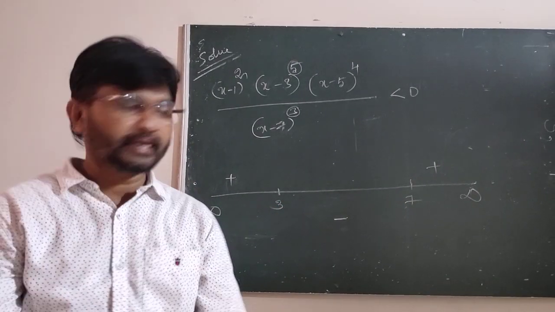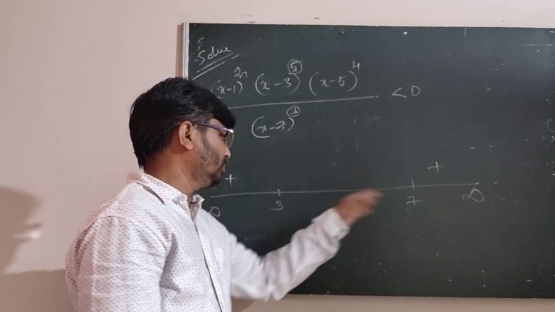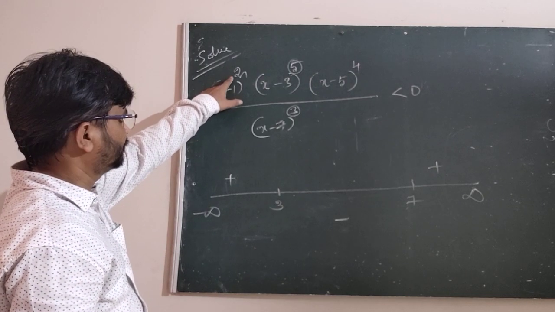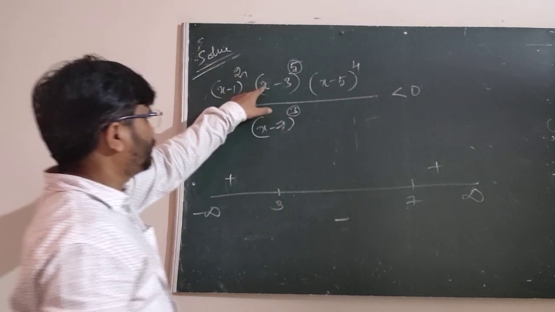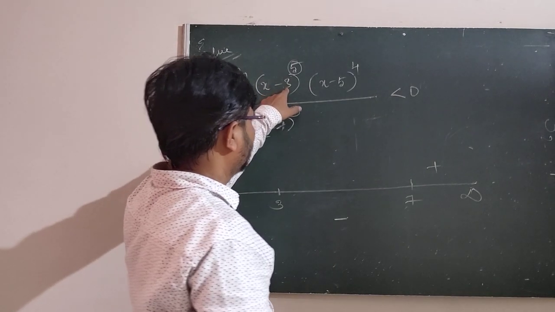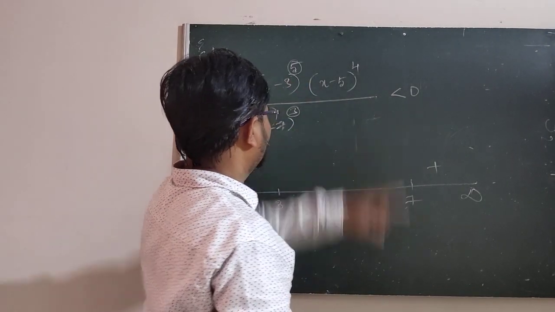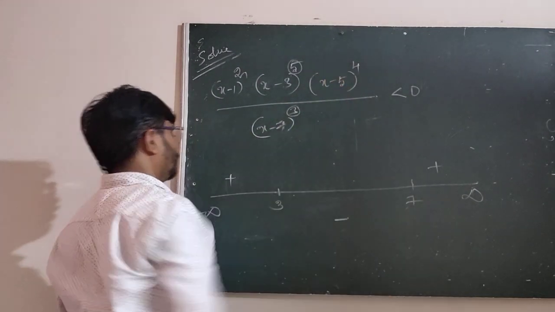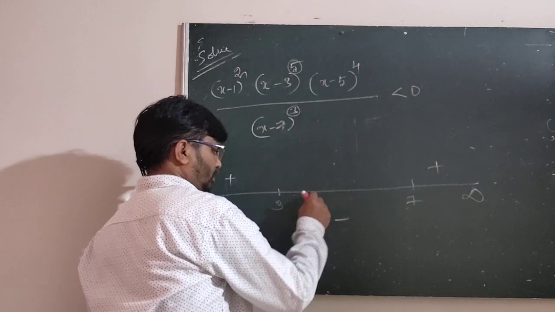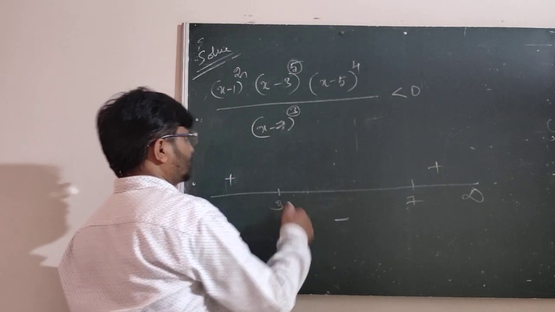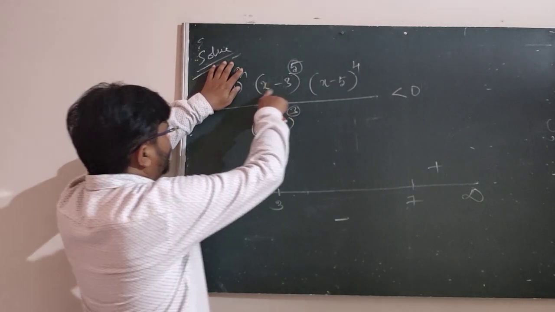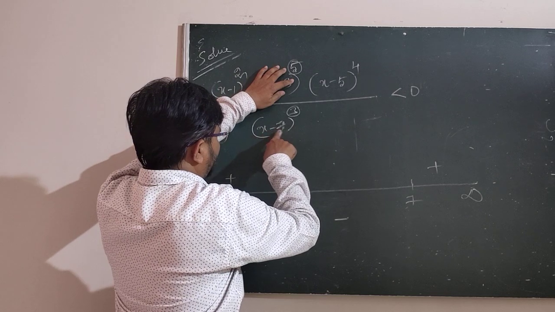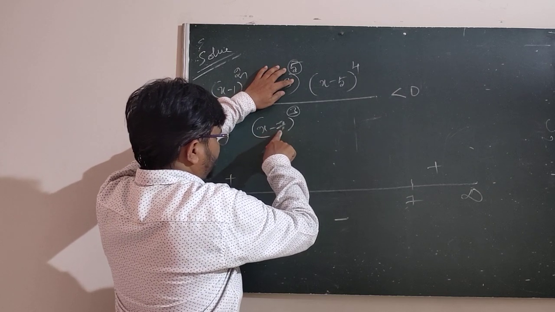We observe if you take any value between 3 to 7, just you can check it or verify it. Suppose if you take 5, 5 minus 1, it is always positive, perfect square is positive. Here 5 minus 3 positive. Here 5 is there, that must be 0. Not accept these values. Now we take 4, between 3 to 7. If you take 4, this is positive. 4 minus 3 positive. 4 minus 7 is minus 3, a negative.